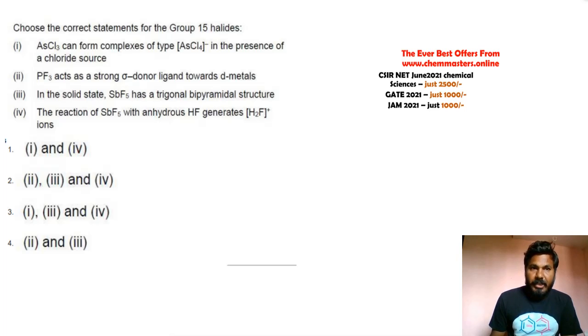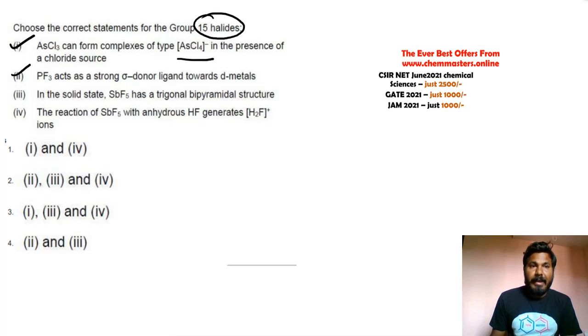Now just look at the given question. Choose the correct statements for the group 15 halides. So just look at the first statement. Arsenic trichloride can form complexes of type arsenic tetrachloride anionic complexes in the presence of a chloride source. The second statement is